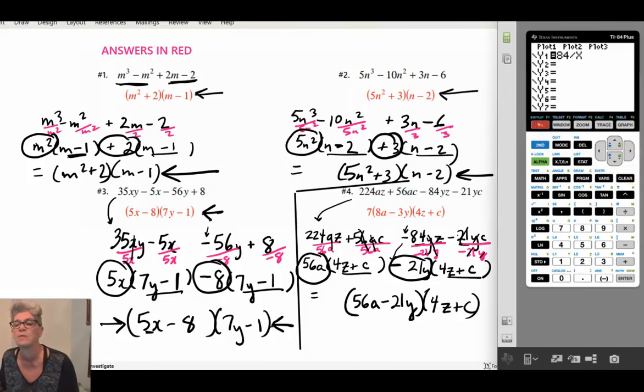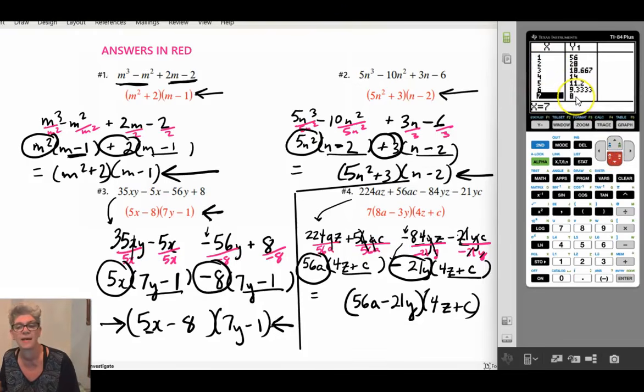Press y equal, clear that out. Let's see what the factors of 56 are. So I'm going to do 56 divided by x, and then I'm going to do second graph, and then let's just come up here. 1 times 56, 2 times 28, okay, 3 is not a factor because it's not paired with an integer, 4 and 14, keep going,